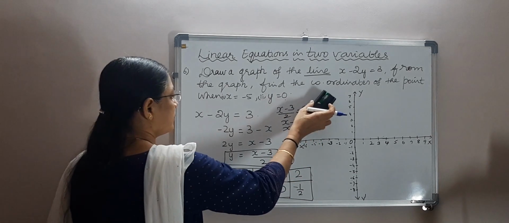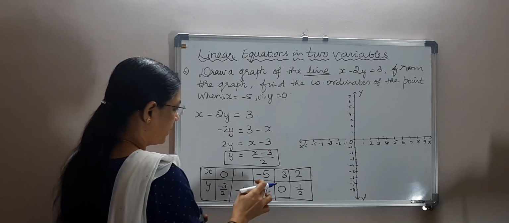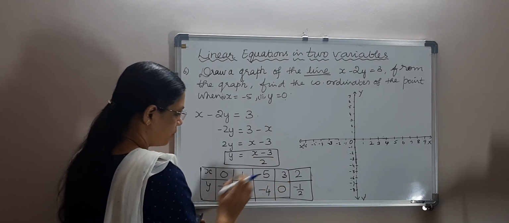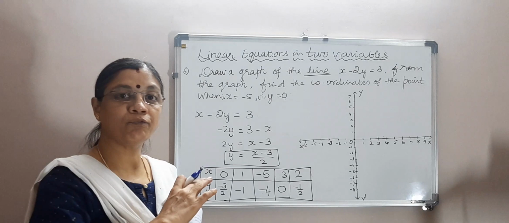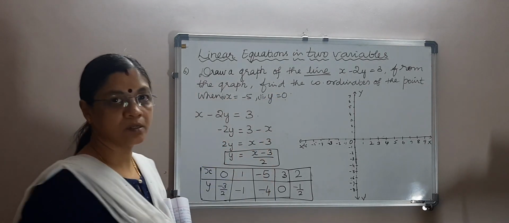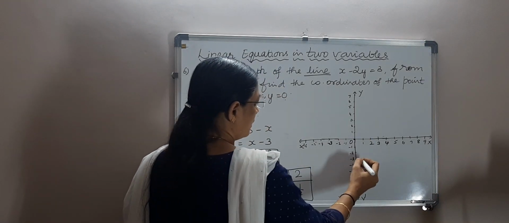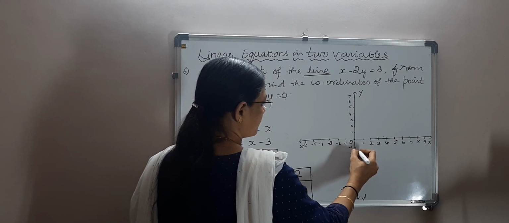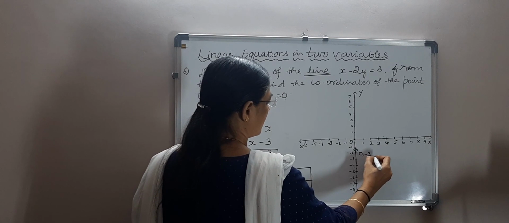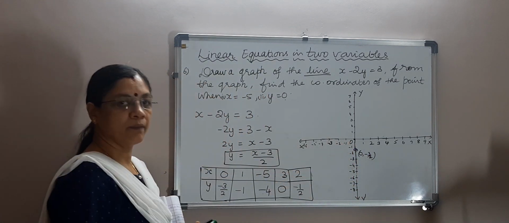Okay, so for these points we'll plot the graph now, but leaving the x is equal to minus 5 and y is equal to 0 points, I'll mark the 3 points and then we'll find out graphically what the corresponding coordinates are for the asked points. Okay, so first is 0, minus 3 by 2, which is 1.5. So I mark it here, 0 comma minus 3 by 2. See, 1.5, between 1 and 2 we have, that is minus 3 by 2.